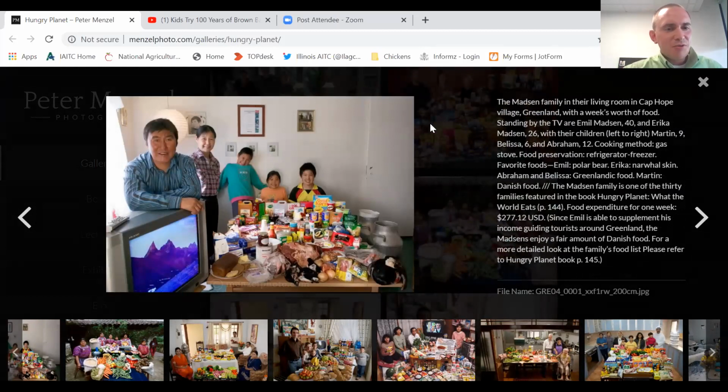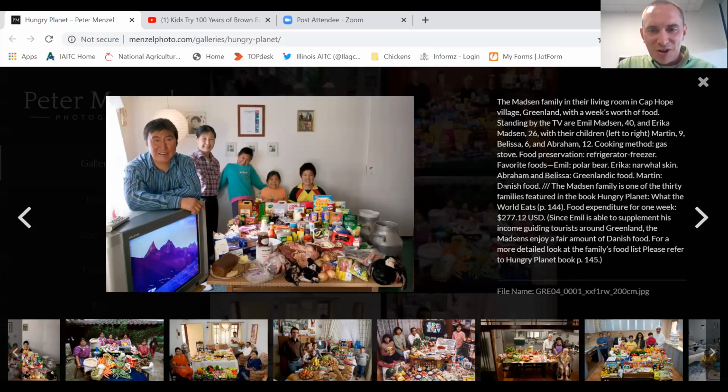So this family, if you look at their food, it looks like, maybe at first glance, not too dissimilar from what maybe you or I are eating, right? So it looks like lots of packaged things, processed things. This family lives 500 miles from the nearest city, and they have to travel by dog sled to get there. And so their food needs to be processed in ways to make it last longer. It's not a convenience thing necessarily. It's that they need it to be that way so that they can have food for an extended period of